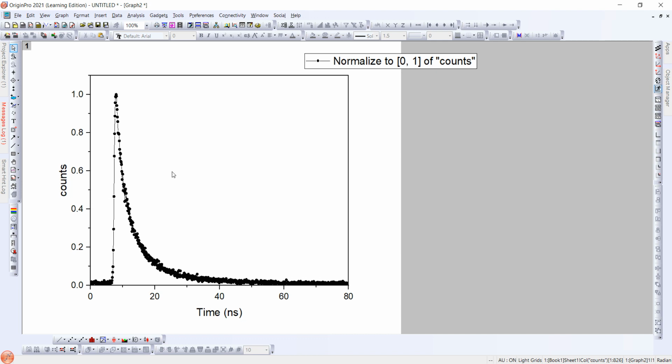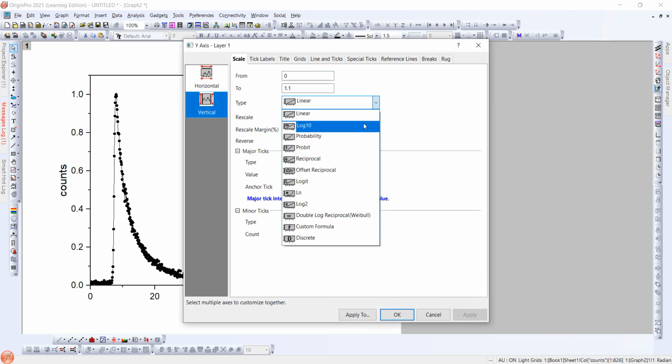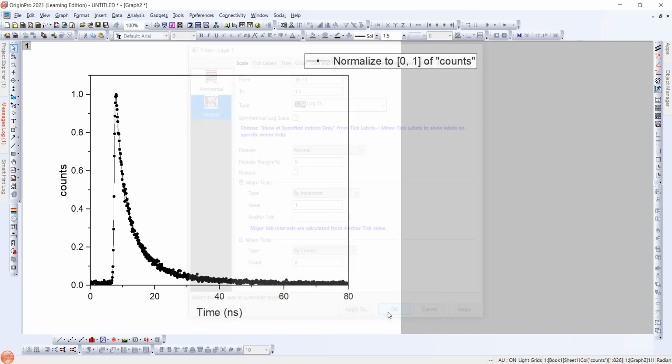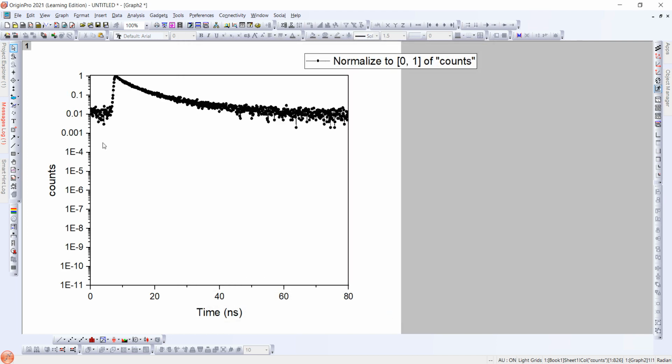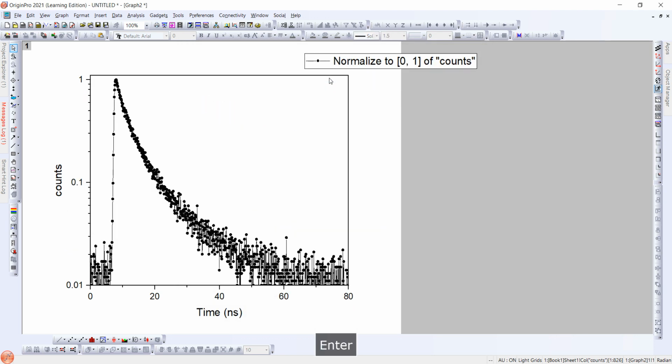So for better clarification, we can change the scale of axis from linear to log. By log scale, we can clearly see which region is for noise and which region is our required signal. On applying, we got this data and again click on y-axis and change the range. So we got this plot.